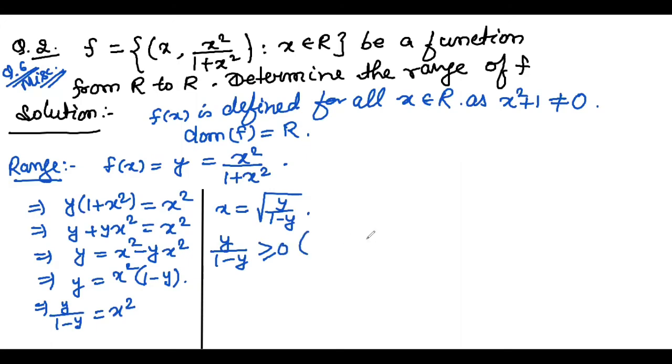If x is real, then only we can use this. So the same process we will use. I have told that whenever we get this type of form, we will multiply numerator and denominator by the denominator term, means y into 1 minus y by 1 minus y into 1 minus y. Always we will do like that. Denominator is 1 minus y, so I am going to multiply numerator and denominator by 1 minus y.